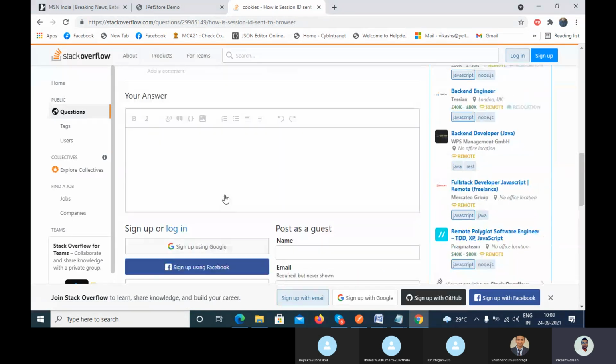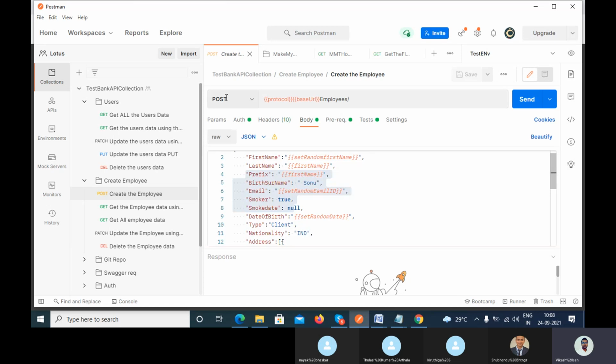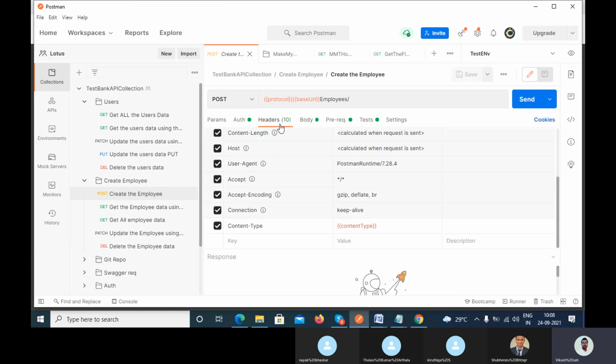Clear? How will we use this in Postman? Any short way you could tell? Here in the header section, you have to pass the session ID and its value. In the REST API and SOAP API, we are not using the session ID because we are not interacting with the browser. But in performance testing, it is required in JMeter. Right?